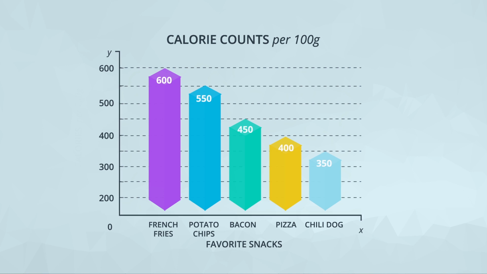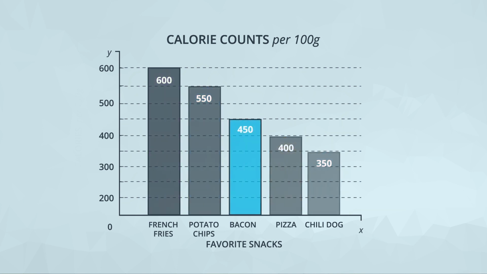Remember our coloring theory. We shouldn't use more than 1 or 2 colors in a visualization unless it's encoded some value in the data. The color of these bars don't reflect any differences between the different foods. So let's remove those colors as well, except for the food of interest, in this case, bacon. Great. We've already improved the data to ink ratio quite a bit, but there's more that we can do.